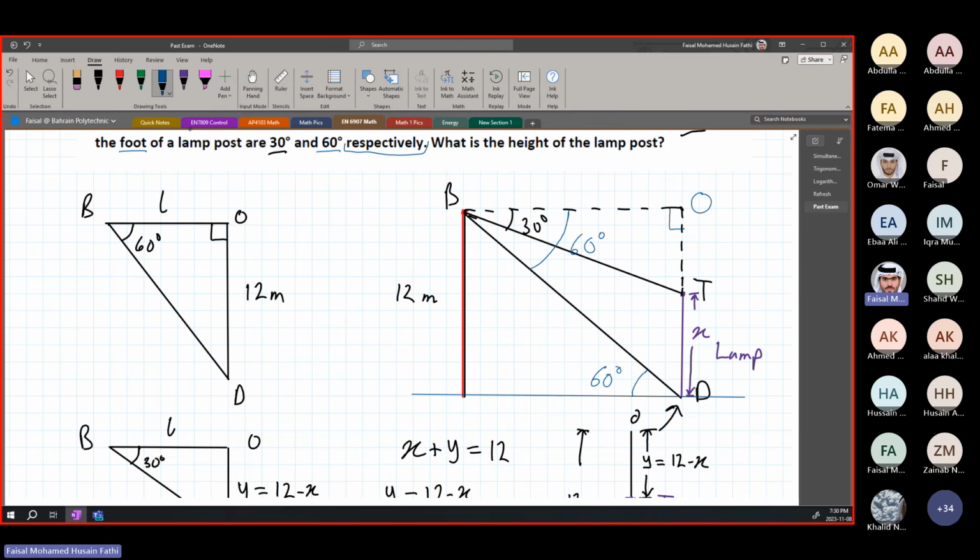It confused me a lot when I was practicing it. So make sure you see this is 60, because these are alternate interior angles. Here you have parallel lines and a line going through, so the alternate interior angles have to be equal. So if this is 60, this has to be 60. All right, so that's a mistake in the drawing in the question.